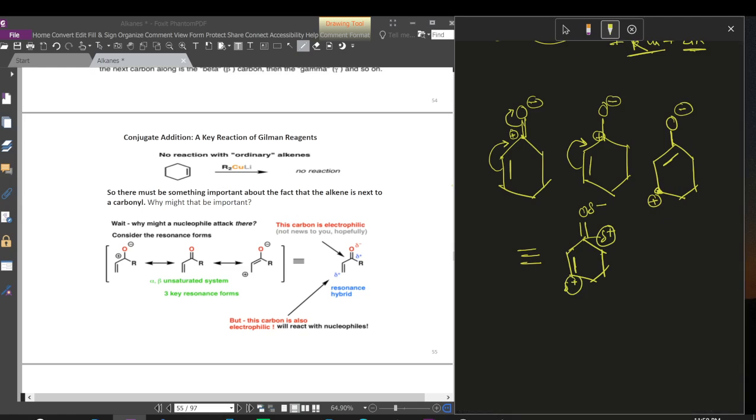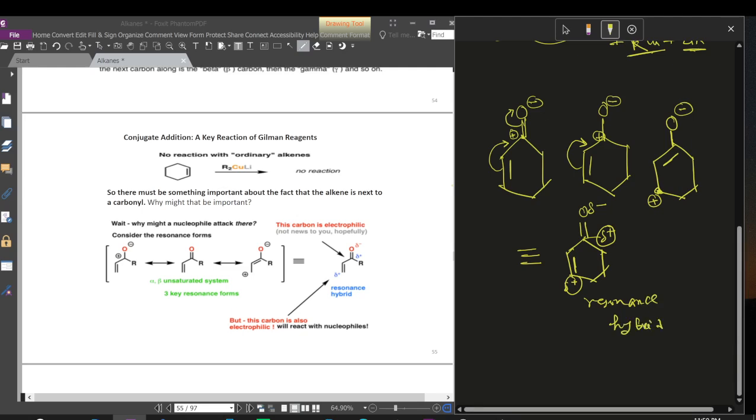So this is the resonance hybrid, and in this resonance hybrid we see that the two carbons, this carbon and this carbon, are both electrophiles, those will react with the